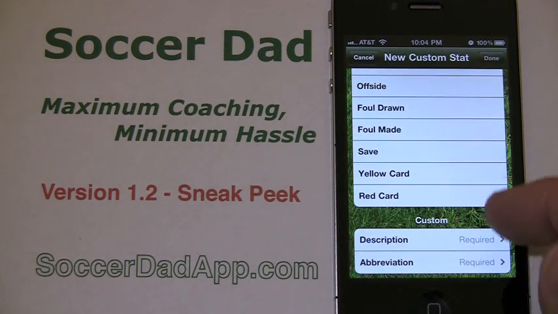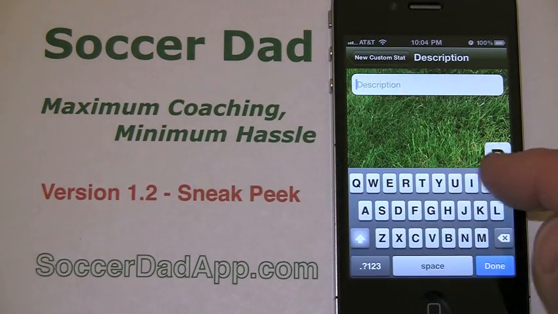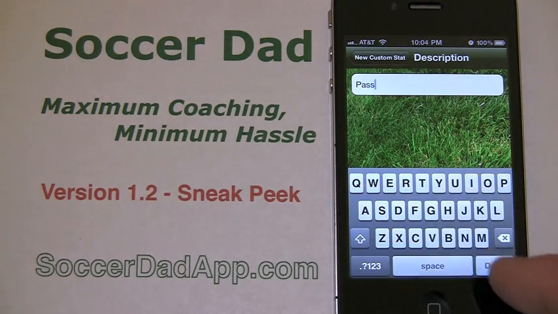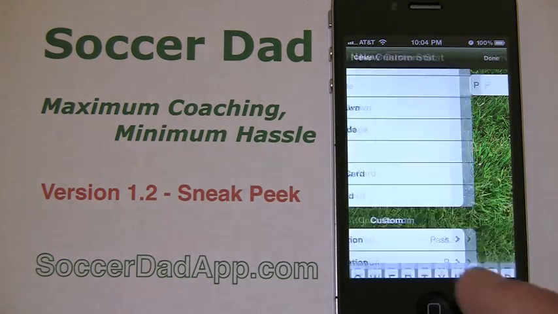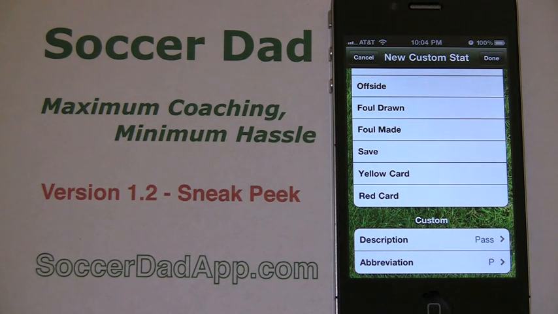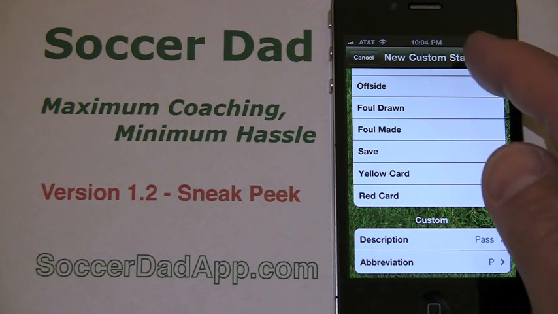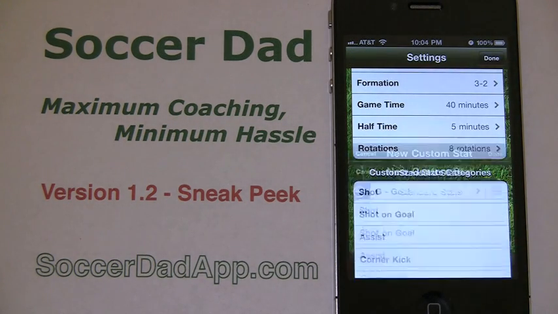One thing that's not in here is passing, which I think is very important, especially for my younger players. Put in an abbreviation because that gets used in the report, okay, as the report headings. And